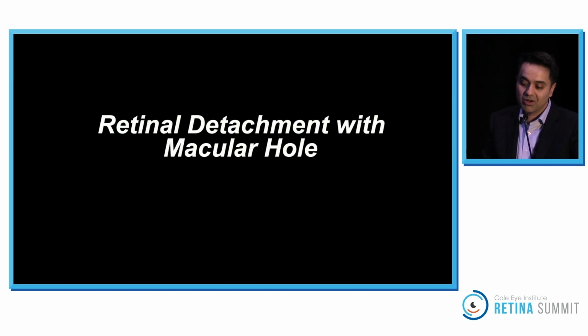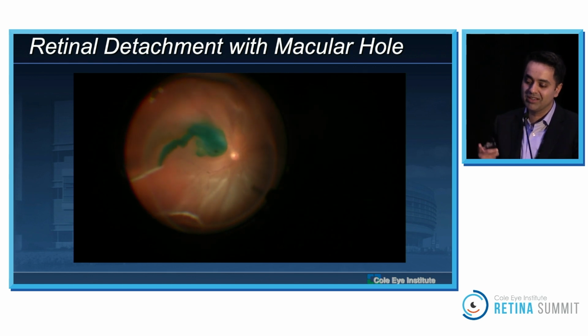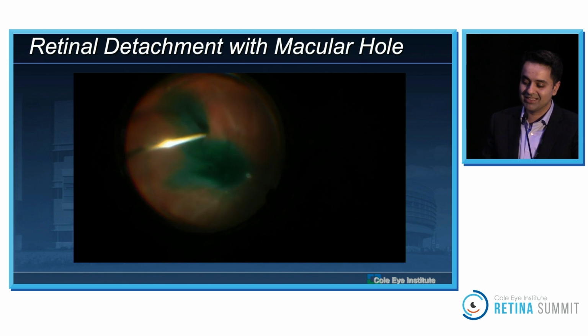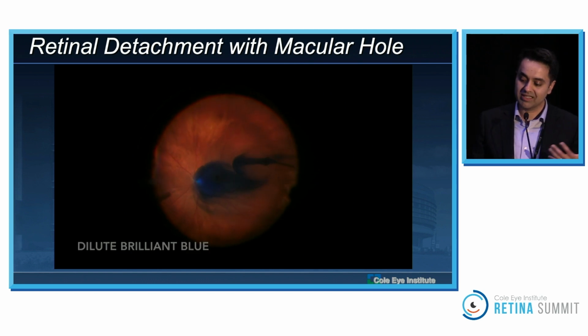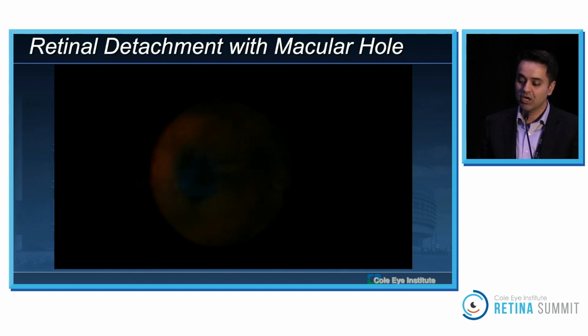And then the most difficult ones sometimes can be the cases where you have a retinal detachment with a macular hole. What you don't want to do is what's done here, where you're injecting the ICG and it's going subretinal because the retina is detached and that hole is wide open and the ICG is just all going subretinally. That's a bad idea. So you can use either dilute brilliant blue, because the thought is that ICG can be toxic to the photoreceptors and going subretinal wouldn't be great, or